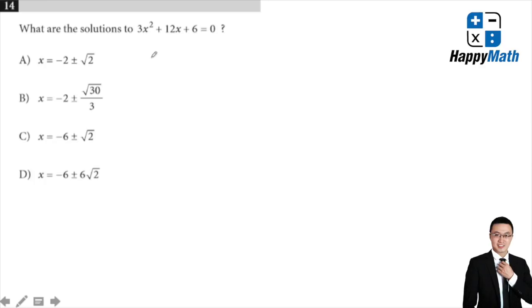What is the solution for this quadratic equation? Look at the coefficient of x squared, x, and the constant number. I can simplify by dividing both sides by 3, and calculate the discriminant b squared minus 4ac,